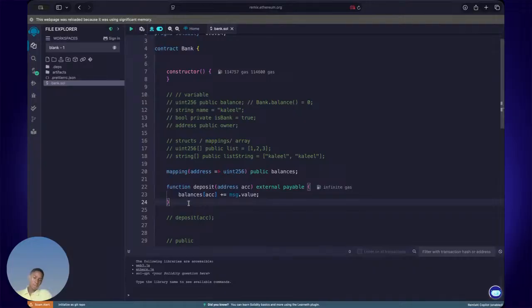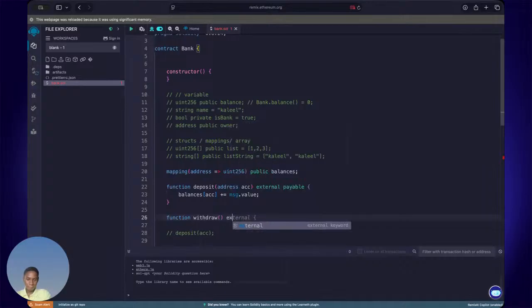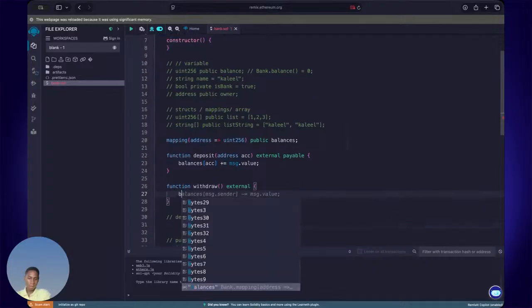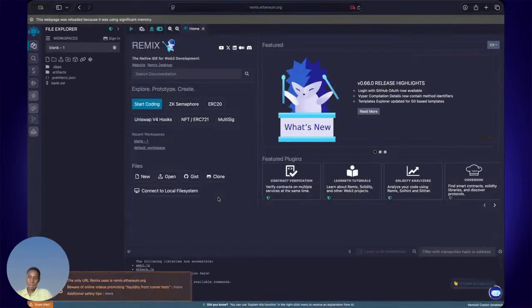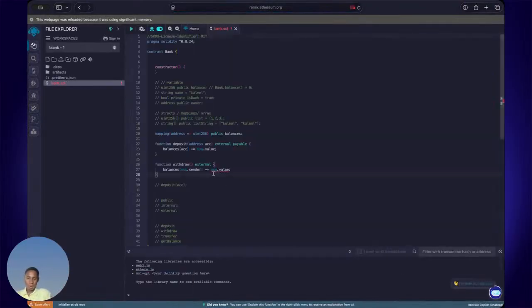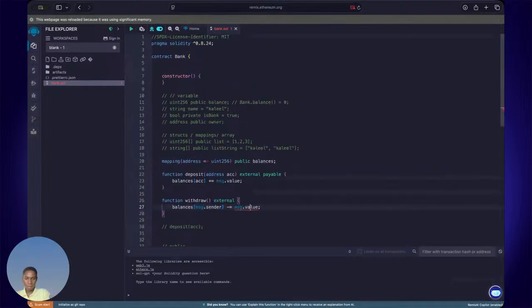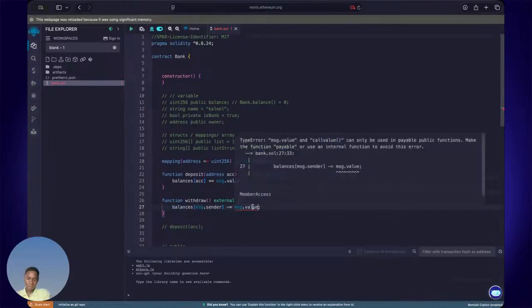So those are some of the lookouts when writing a smart contract, and we are just going to go straight to writing the withdraw function, which allows you to withdraw funds from your account. So with this, we are going to say the message.value, which is the person withdrawing, so we are subtracting the message.value from the.